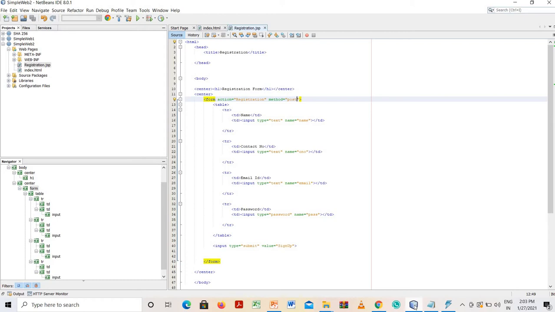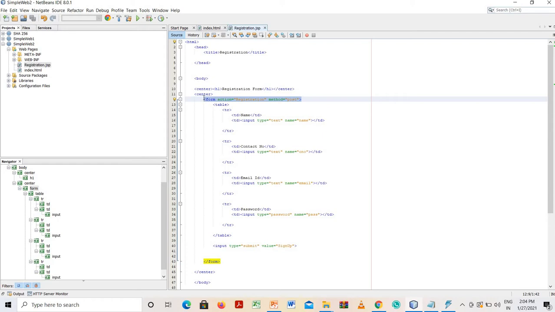Whenever I have given action, what is the meaning of this line? Form action is equal to registration and method is equal to post. It means that in this form there is one button, and when you click on this button, the action to be performed is mentioned in the registration file, in the post method.